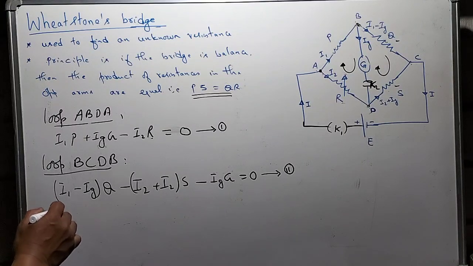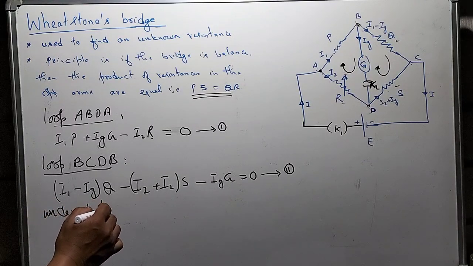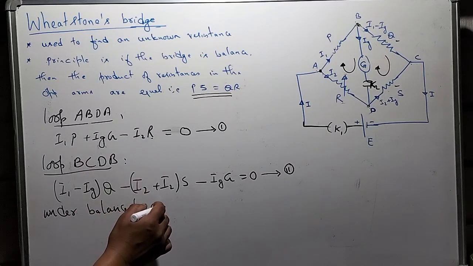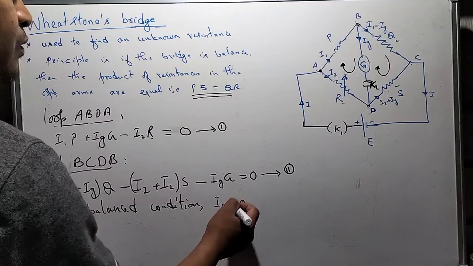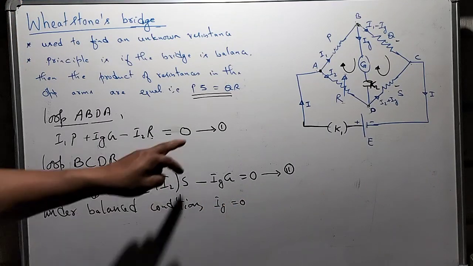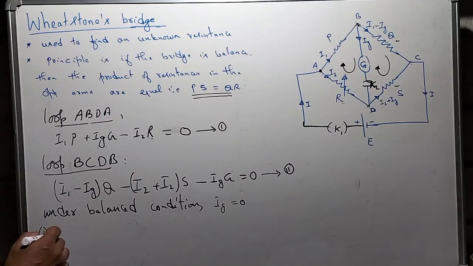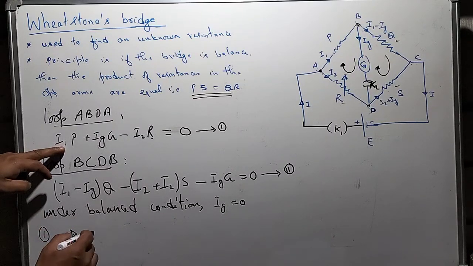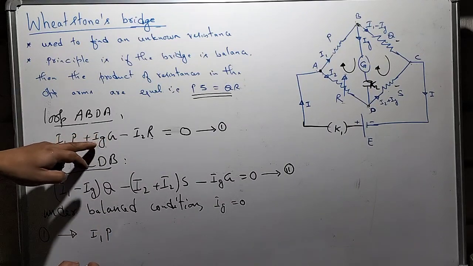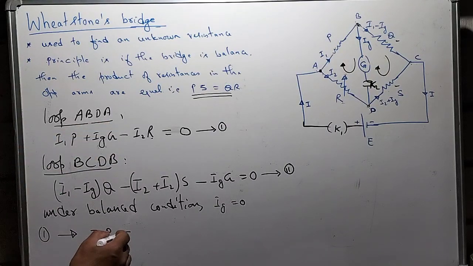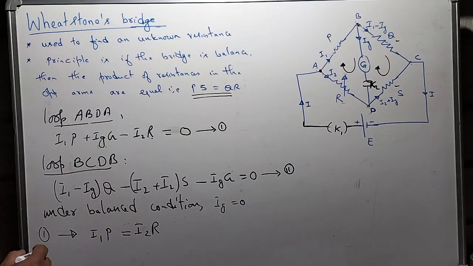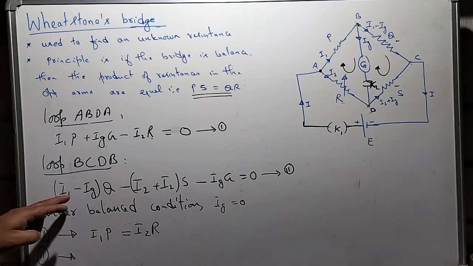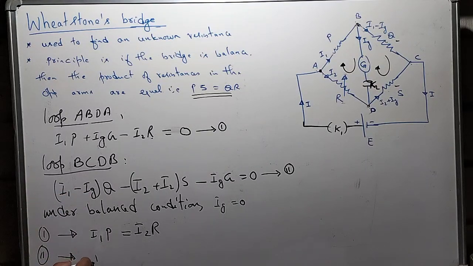Now, under the balance condition, what happens? Under balance condition, the galvanometer, as I told you, gives 0 deflection, which means Ig is equal to 0. So when Ig is equal to 0, equation 1 and equation 2 become: equation 1 becomes I1P, this term is 0 so it disappears, and you have I1P equals I2R, because if you take this to the right, it becomes positive. And equation 2 becomes I1Q,